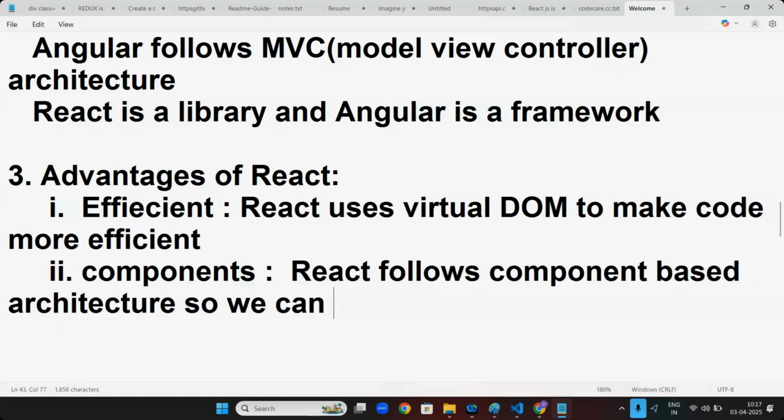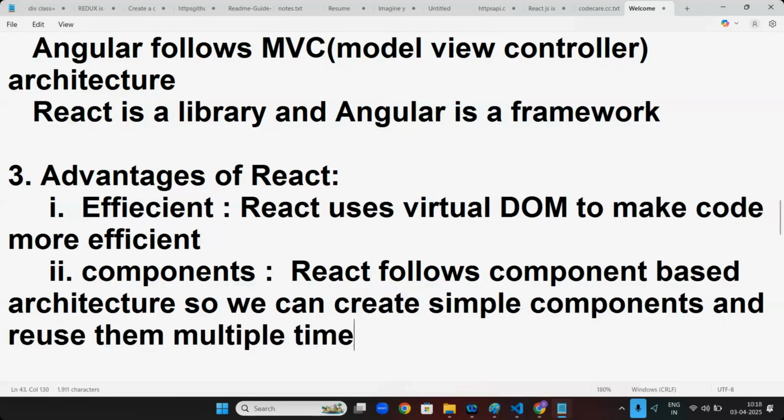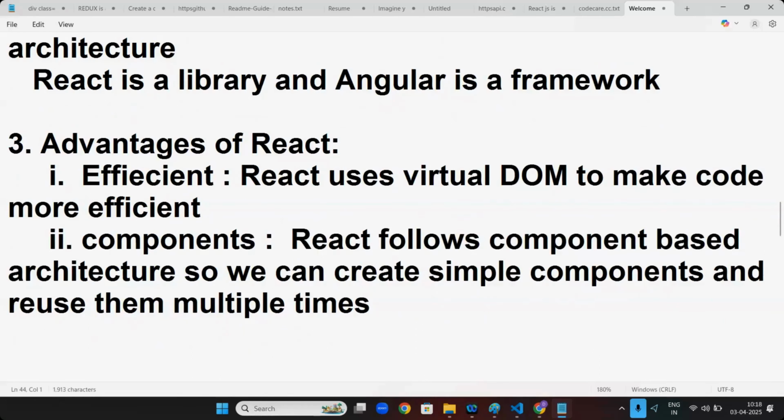So we can create simple components and reuse them multiple times. Good. Efficient components.